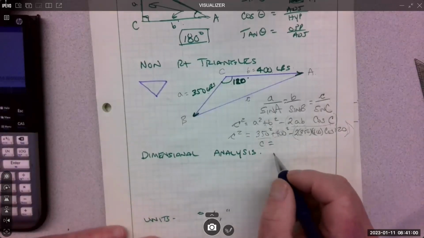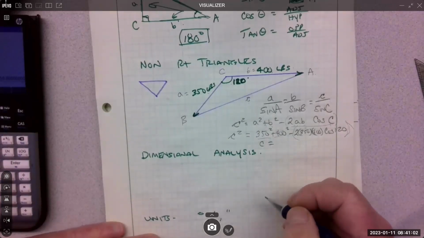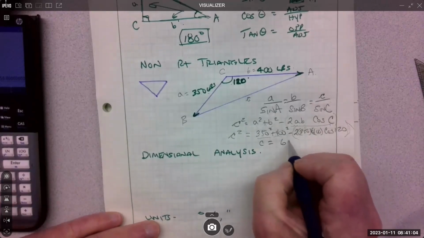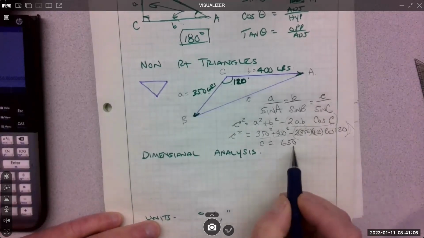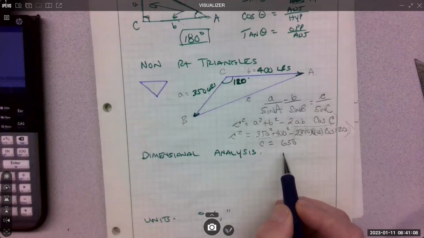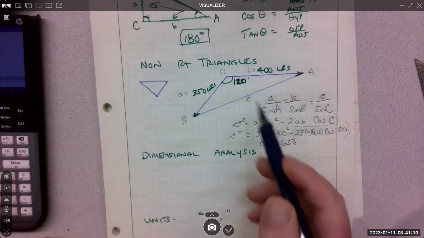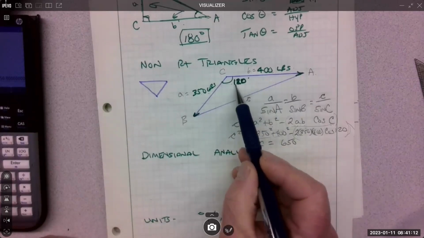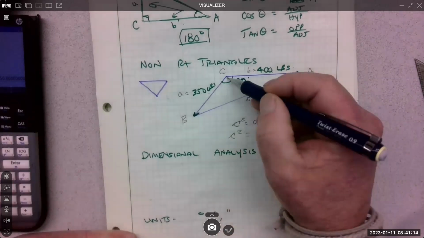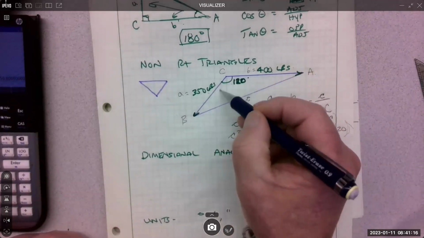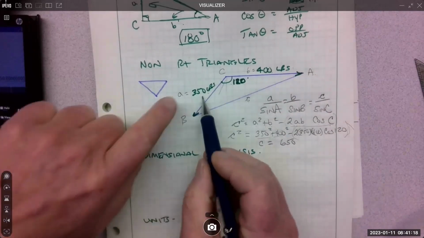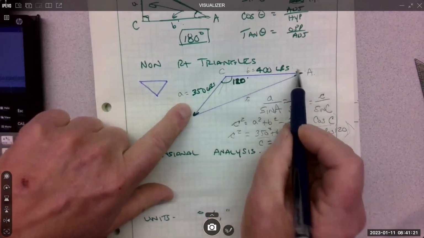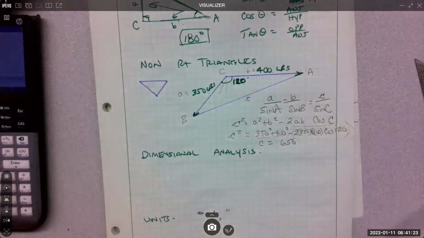Anybody get a number? I got 650. How come it's not 800? Yeah, I think my graphic's not very good. Like 120, 120, 90. I think it should be down in here somewhere. And I don't think my 350 is quite long enough. So, you know, if your graphic's not perfect, then